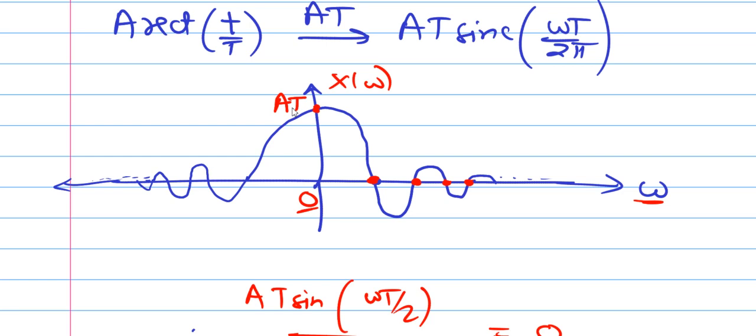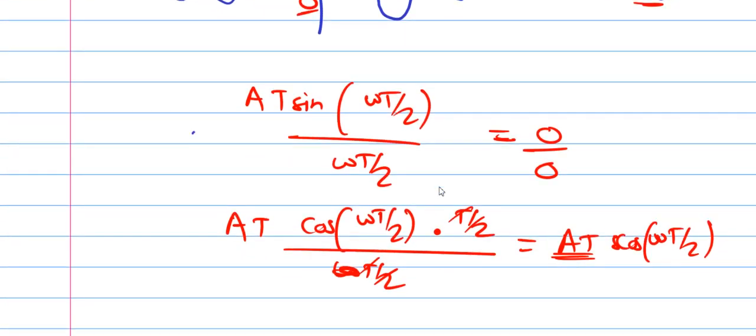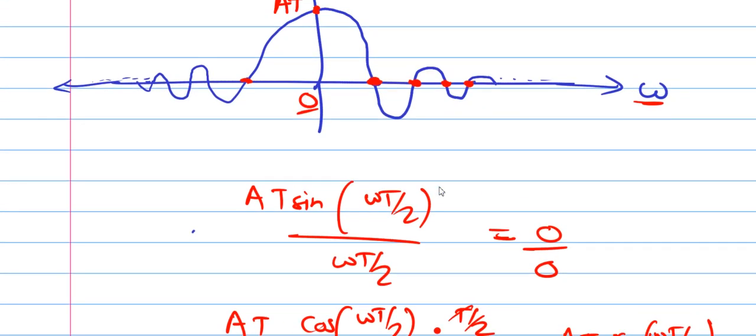Now we will find out at which frequency the Fourier transform is 0. So this is a sine function. At this point, omega is not 0; omega has some value. So when the sine is 0, we have 0 upon some omega value. Now it is not of the form 0 by 0, so I should not use L'Hospital rule.